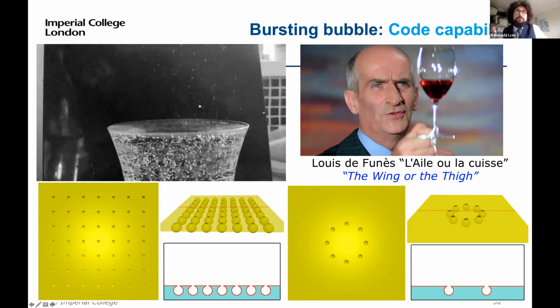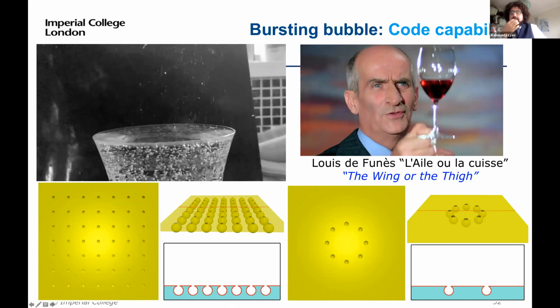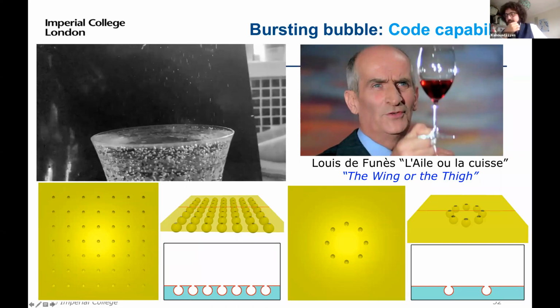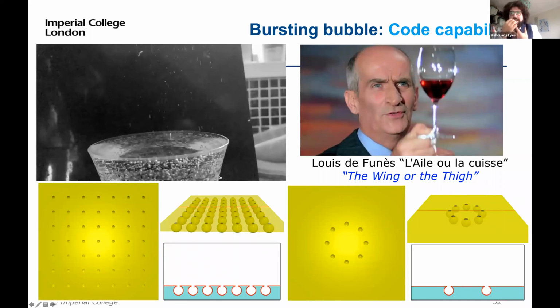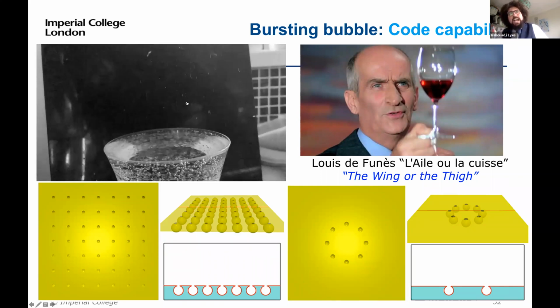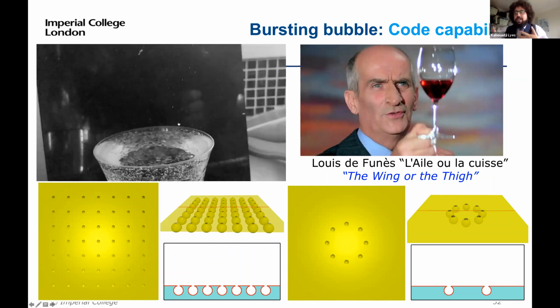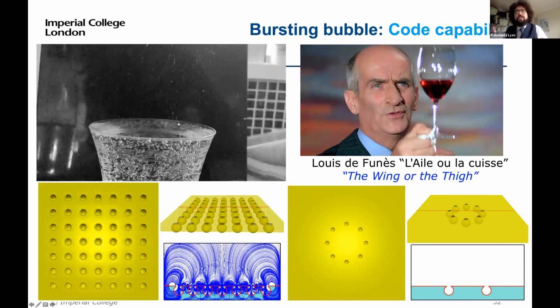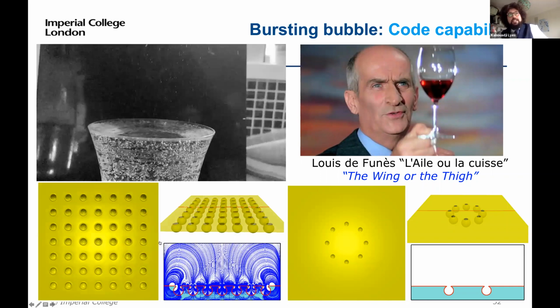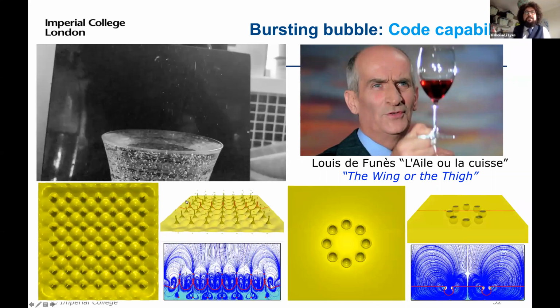And I just want to say that this type of bursting, you can use it for some people who like the taste of wine or whiskey or sparkling drinks. They put the glass through their nose, and this type of tiny aerosol comes to your nose, and this is how you can feel the flavors of the drink. And of course, we push this to the limit. We are able to burst like 49 bubbles, and you can see here in the bottom. And also here, it's a configuration of 8 bubbles bursting all simultaneously, just to give this type of effects,